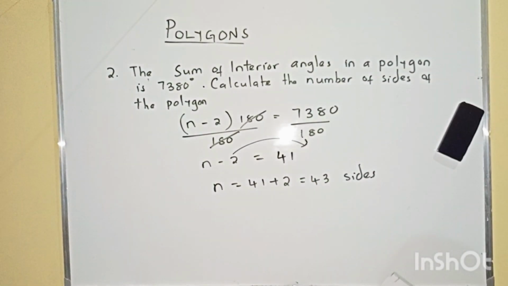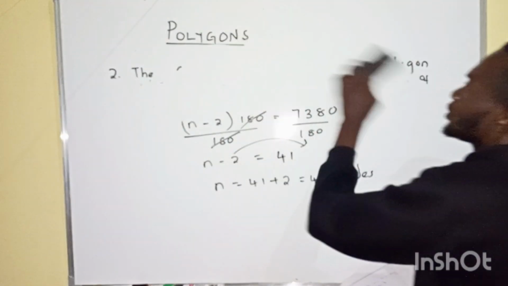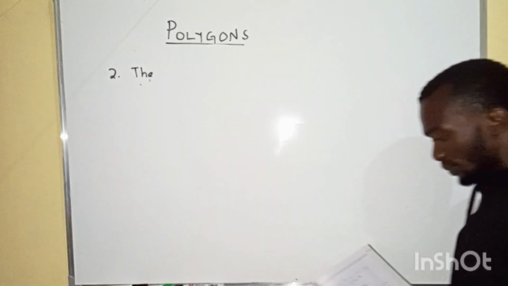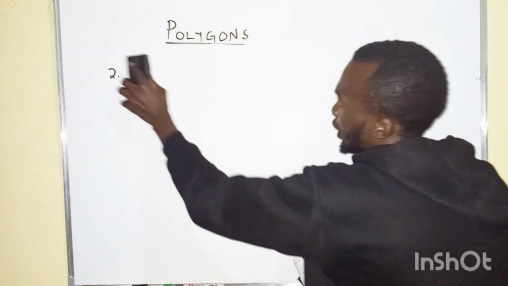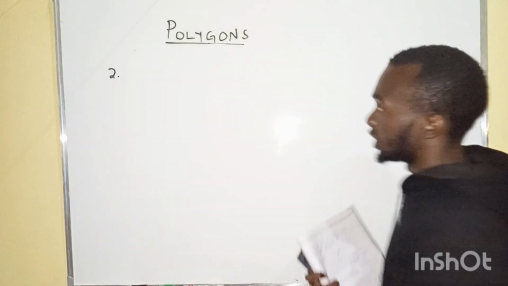That was number 3. Now let me go to number 4. It reads, a regular polygon has exterior angles